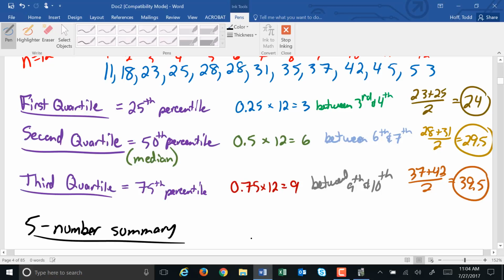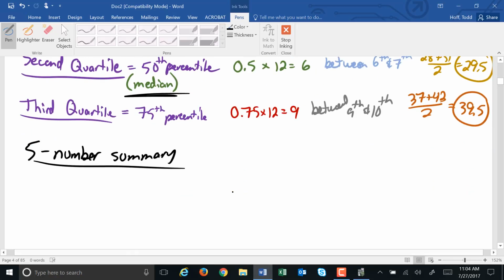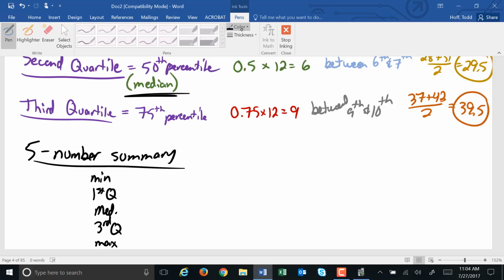So the quartiles, usually we refer to them as the first quartile, the third quartile, and the median instead of the second quartile. They make up most of what is called the 5-number summary. The 5-number summary is the minimum, the first quartile, the median or the second quartile, the third quartile, and the maximum. So for this set of data,